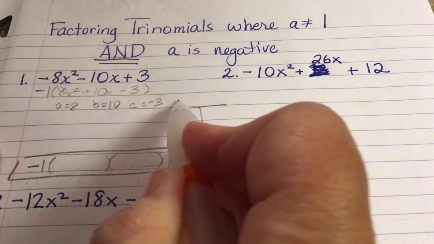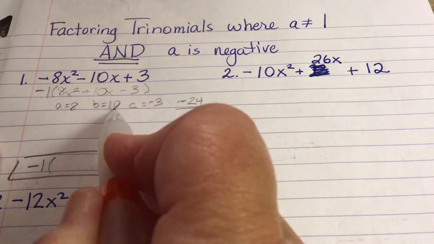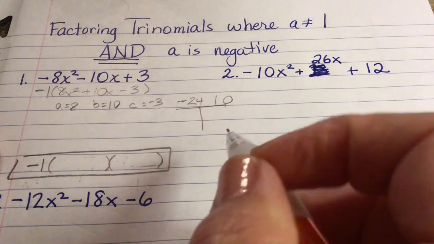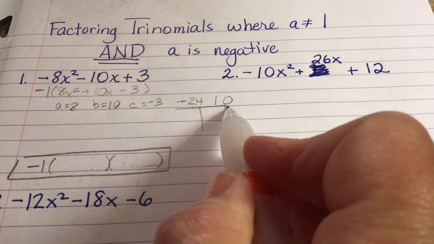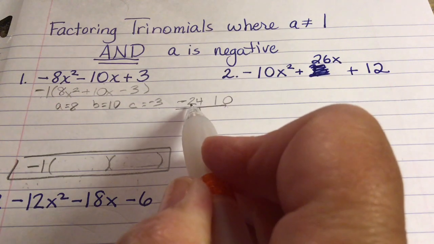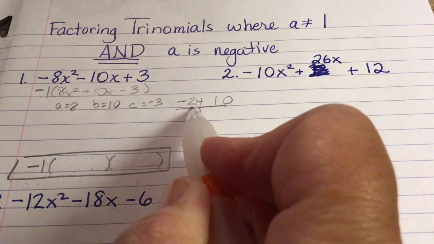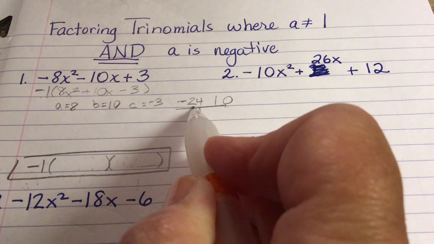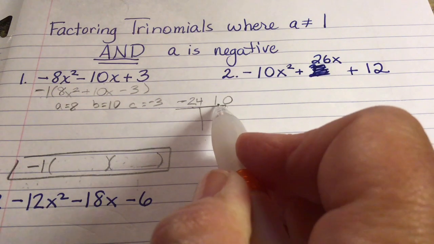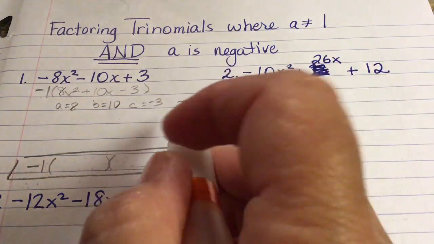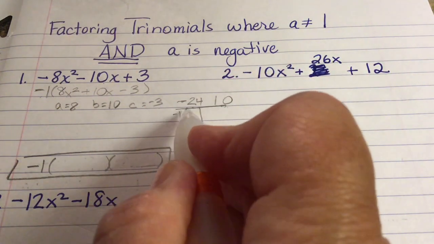A times C, sum of B. Okay, I want things that multiply to give me negative 24 and add to give me 10. The things that multiply, one's going to be positive and one's going to be negative. I want a positive sum, so that means the bigger number is going to be positive. So we're looking at negative 1 and 24,